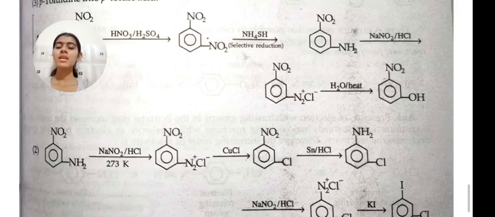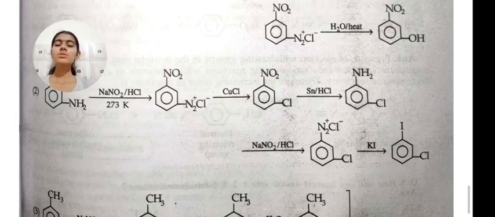Then it is reacted with CuCl. Then the N2⁺Cl⁻, that is the diazonium group, is converted into a chlorine group, and then it is reacted with Sn/HCl, and it gives the product meta-chloroaniline